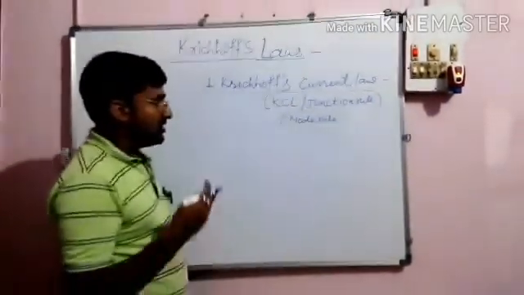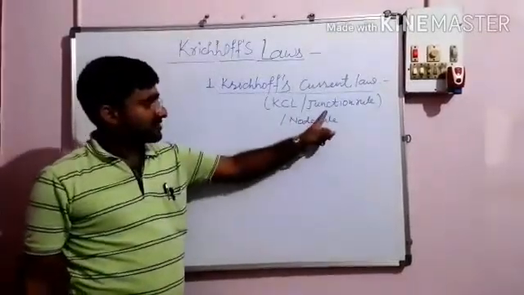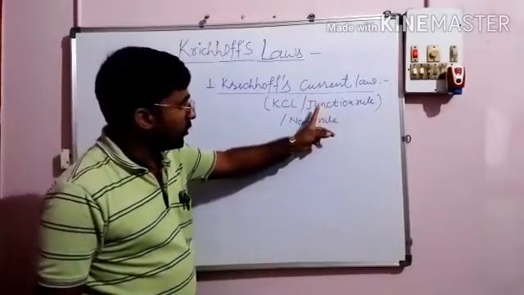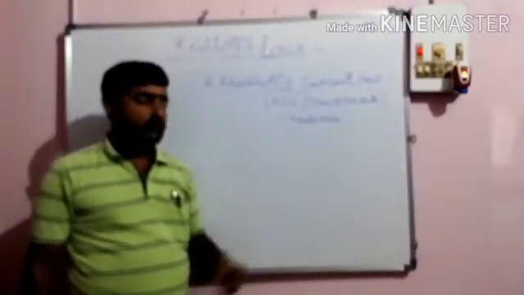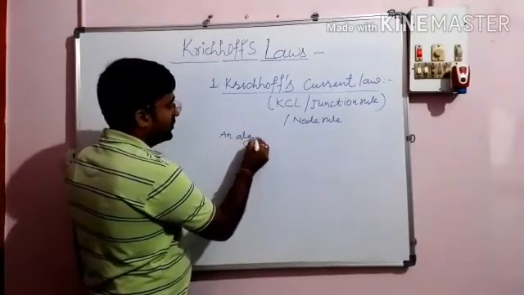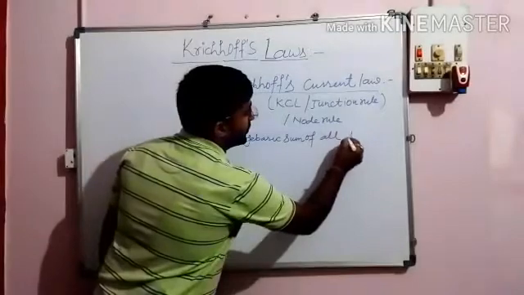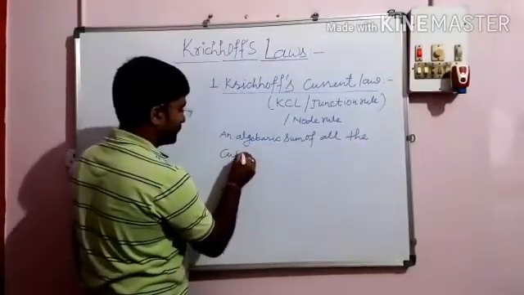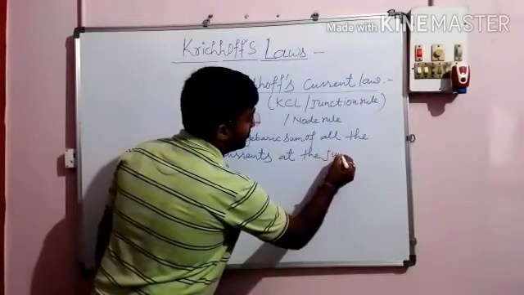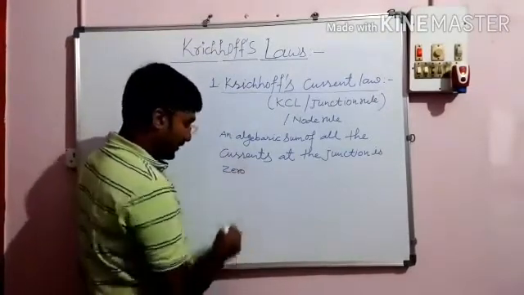The statement of Kirchoff's current law is: the algebraic sum of all the currents at the junction is zero. That is,